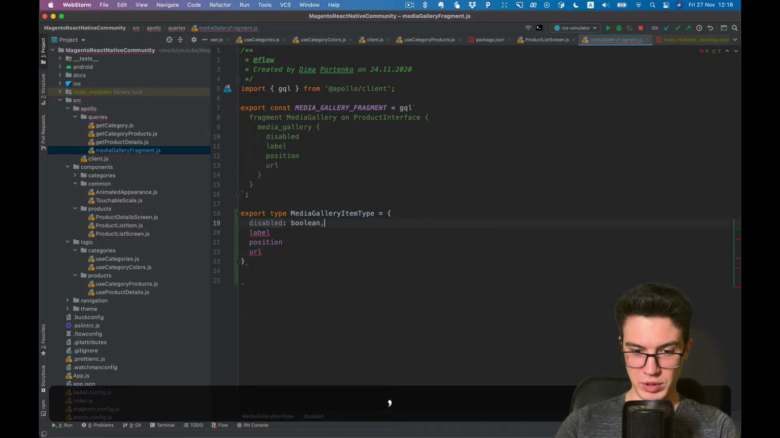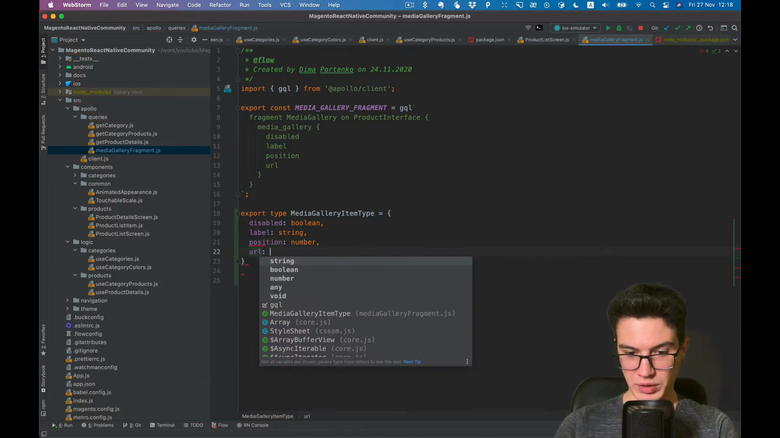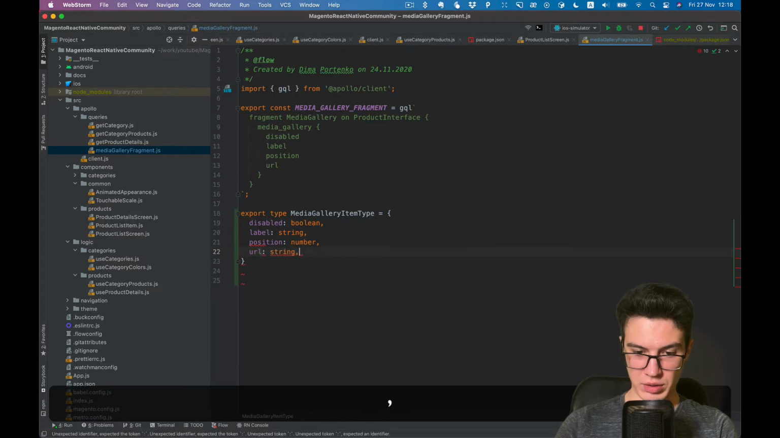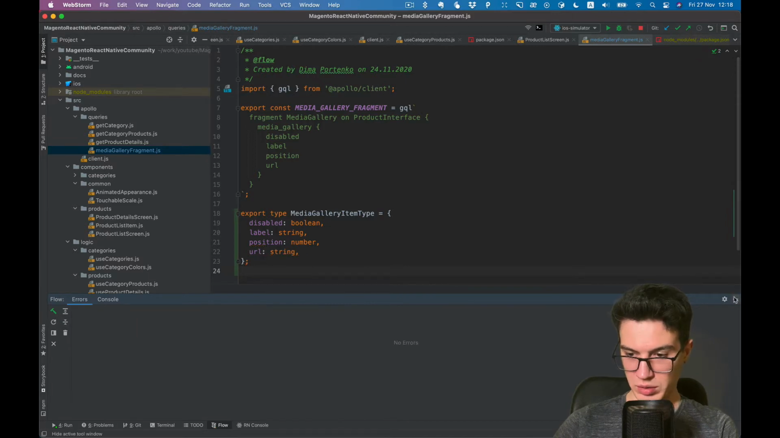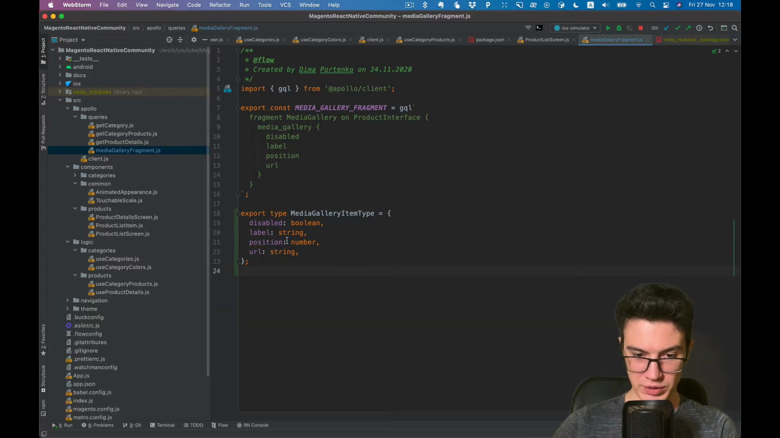Disabled is boolean, label is string, position is number, and URL is also string. Restart our Flow server. Okay, and